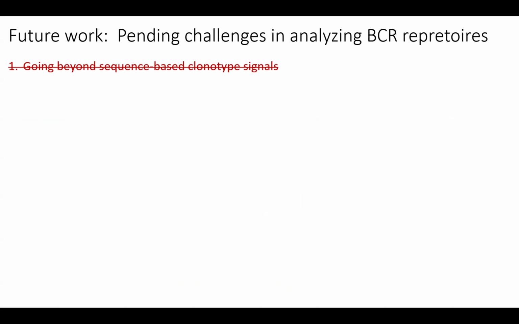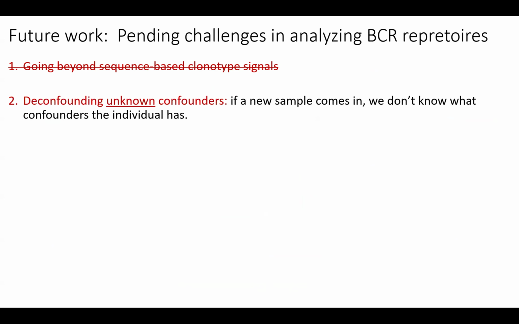So the point here is not that you should not use clonotype signals. The point here is that you should disentangle them. So you can just have the clonotype signal by itself, and you can have the non-clonotype signal by itself. And you can still use the clonotype signal, for sure. It's not like you should not use it. However, what I also pointed out is that even after taking out the clonotype signal, there are study-specific things that you see in, for example,